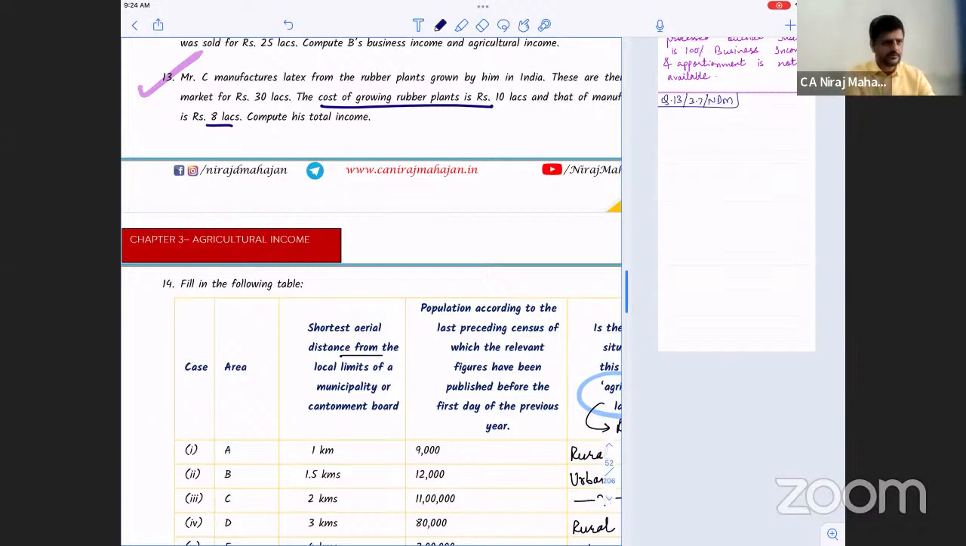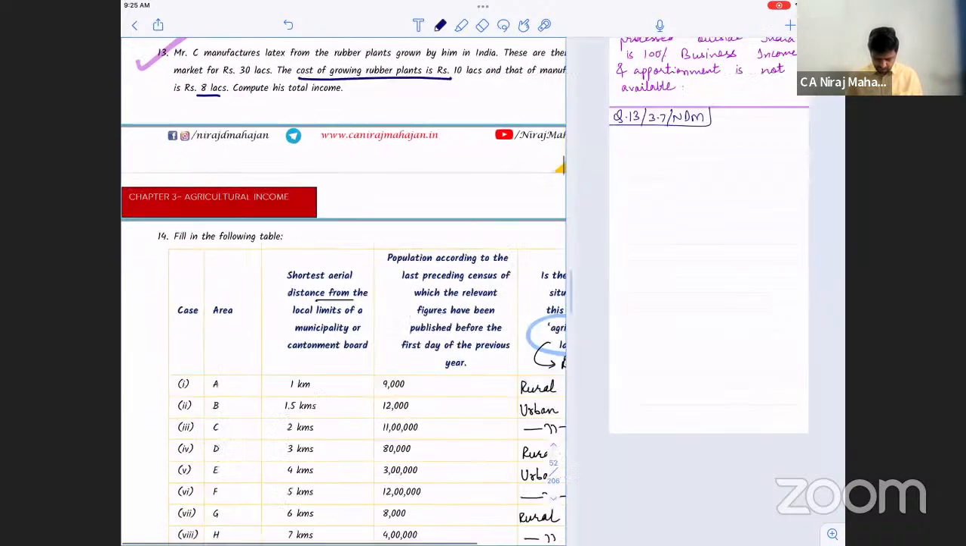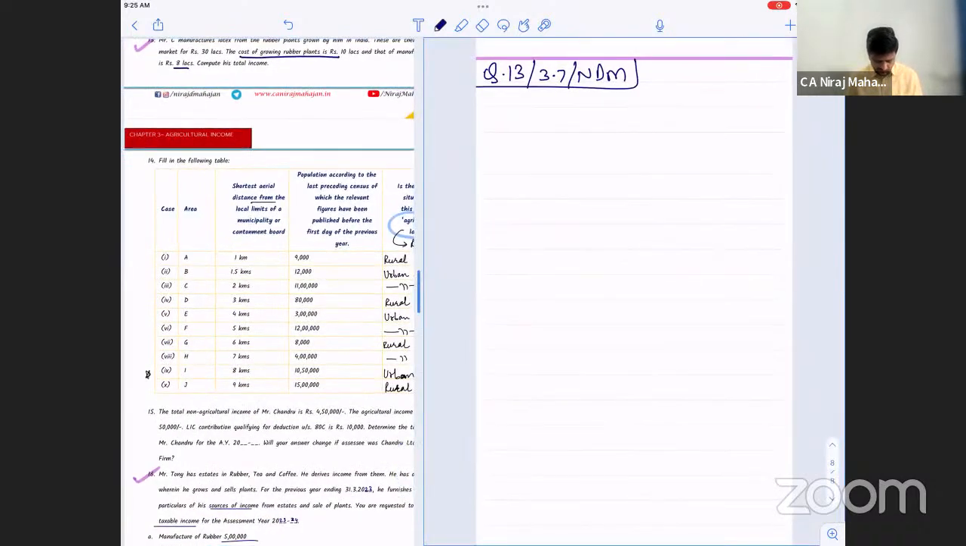Basically, we have to do apportionment between agri and business, correct? But apportionment of what? Selling price? No. Net profit. We have the sale price and the two expenditures. We'll reduce both of them, arrive at net profit, and that we will apportion or bifurcate. Understood? So write down computation of